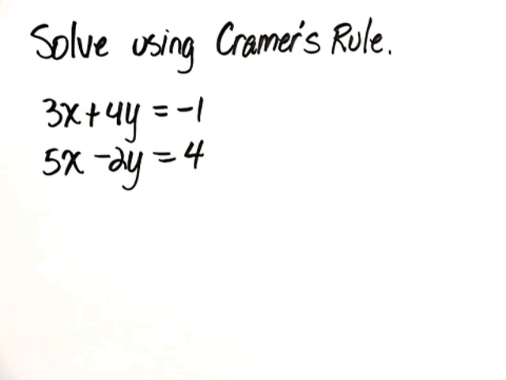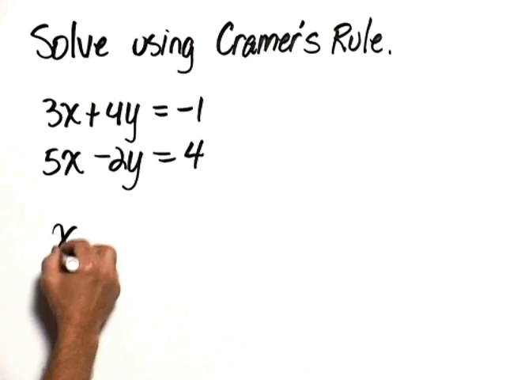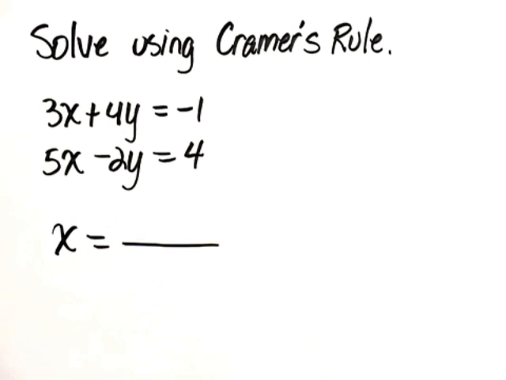Solve using Cramer's rule the system of equations 3x + 4y = -1 and 5x - 2y = 4. Let's start by finding the value of x, and the value of x is equal to, we take the determinant